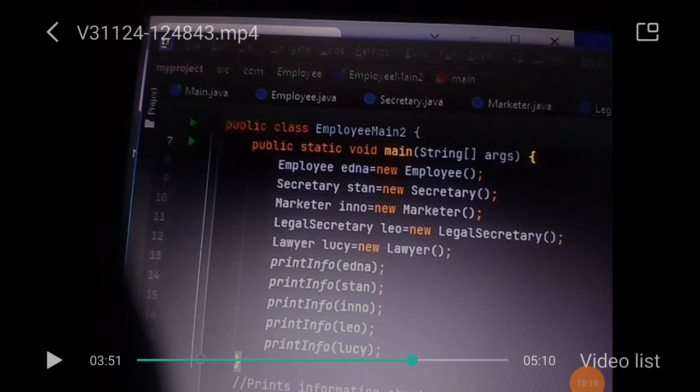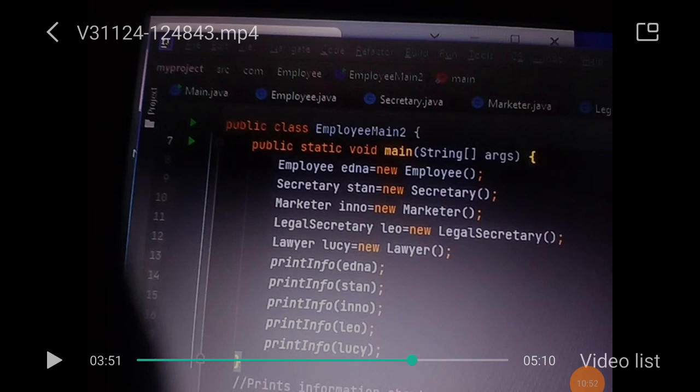They say Employee Edina equal to new Employee, Secretary Stan equal to new Secretary, Marketer Indo equal to new Marketer, Legal Secretary Leo equal to new Legal Secretary, Lawyer Lucy equal to new Lawyer. So as you can see, that's how I initialize the